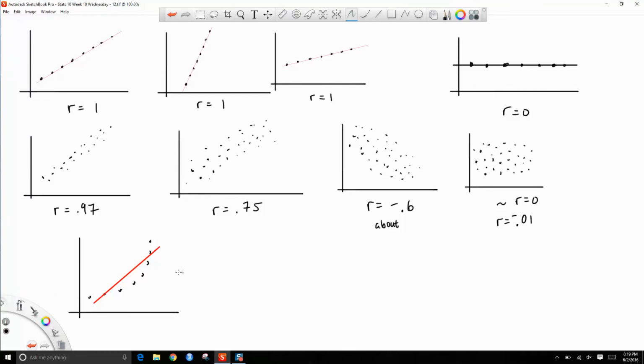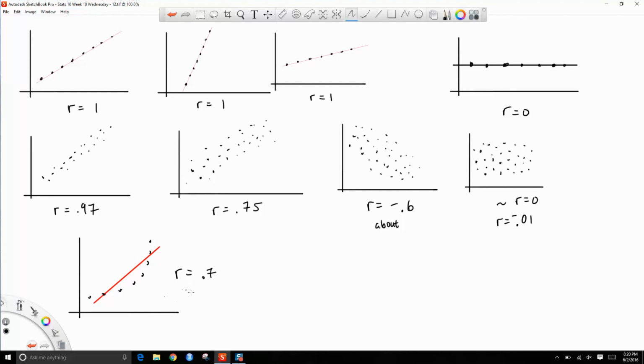If we were to stick these points into the formula, it would probably spit out R equal to 0.7 or something like that. But the interpretation here is not going to be useful,